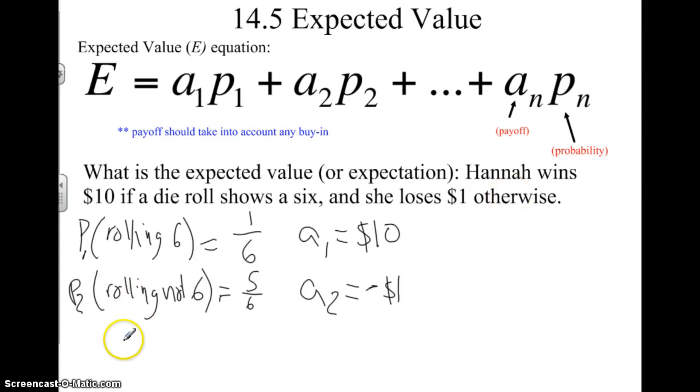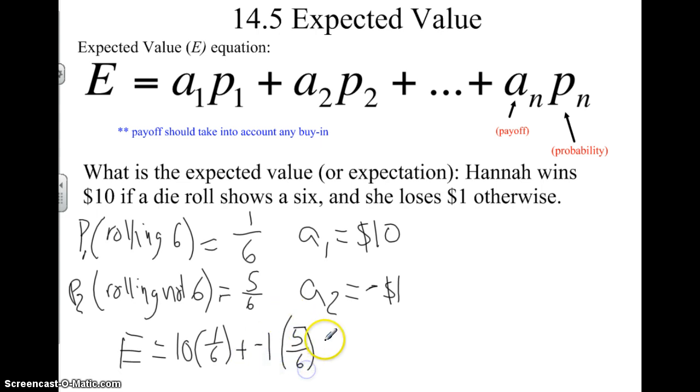So to use our formula, we just go E, our expected value, equals 10 (a sub 1) times 1/6 plus negative 1 times 5/6, and that's going to equal 5/6, which, because we're talking about expected value, we're talking about the amount of money she's going to be earning, it's going to be about 0.83 cents. So what this is saying is every time Hannah plays this game, she should expect to earn 83